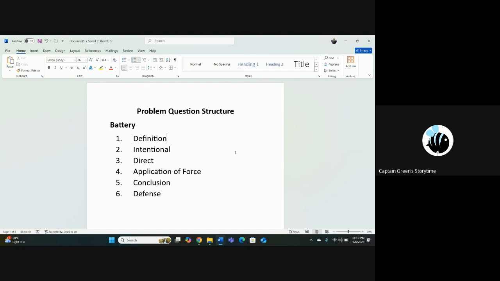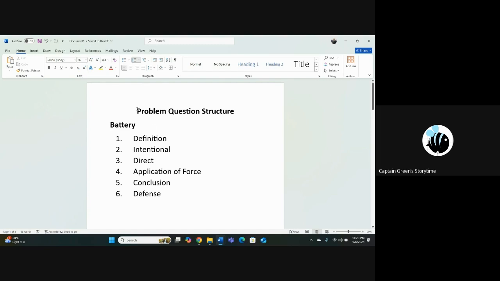Now, coming towards our topic, today we will study battery, assault, and false imprisonment structures. We will solve a problem question on it, and I will go through the most important cases for it, which can be used during this lecture and to solve your problems effectively. Coming towards our first problem question structure,